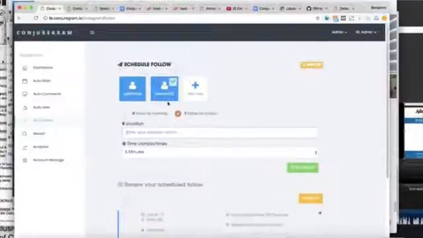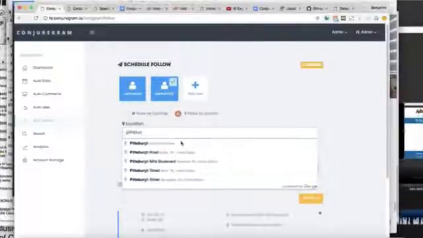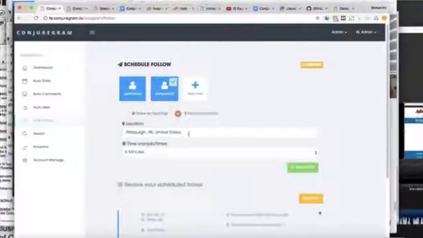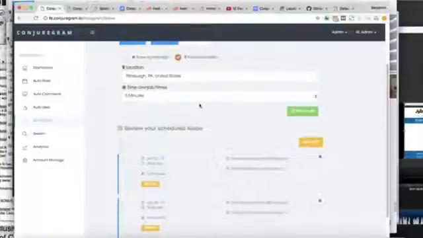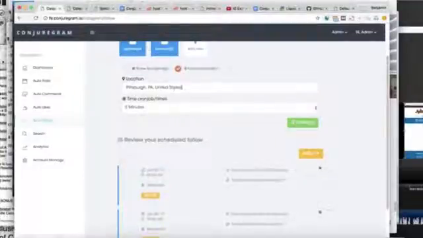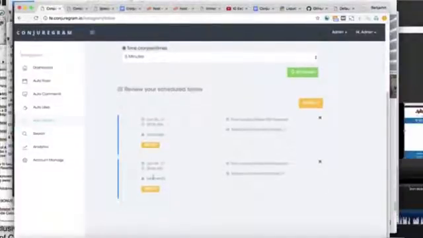Now, this is really important if you're a local business or you're going to be selling conjuregram to local businesses. You can choose to follow just people in a specific region. So if you have a shoe warehouse or something in Pittsburgh, PA, you can follow just people around Pittsburgh, PA, because those are going to be the people coming to your physical location and buying and interacting with your brand. So it wouldn't make sense to follow or comment on people who are out in Washington State or something like that. So you can type in your geolocation and then again press schedule,